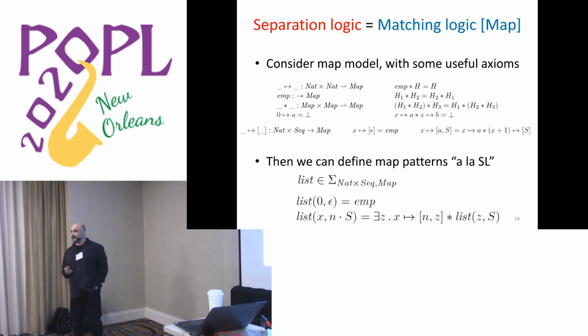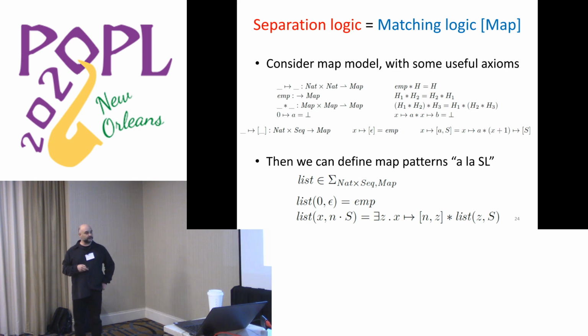Separation logic is another logic you can define as a theory. Separation logic really ends up being matching logic over a theory of maps. You can define maps, symbols like the binder, the merging operator. Then you define list, which in separation logic is a predicate, but now becomes a symbol, and will be interpreted as a set of all the actual linked lists that will match the list pattern. And what you see here is exactly matching logic syntax, but it looks like separation logic syntax, and that's the whole point. So in this theory, matching logic of maps, you can define these things.